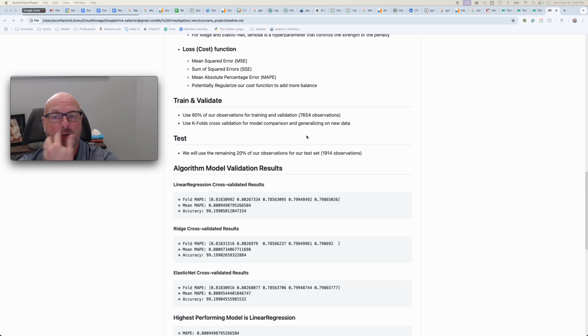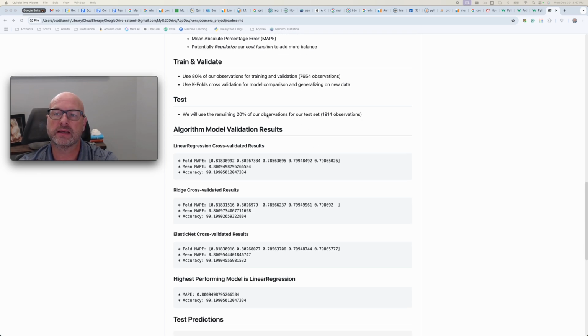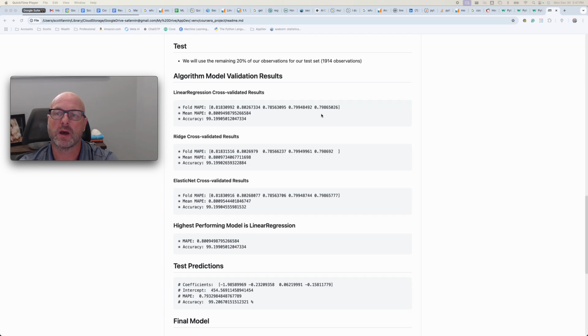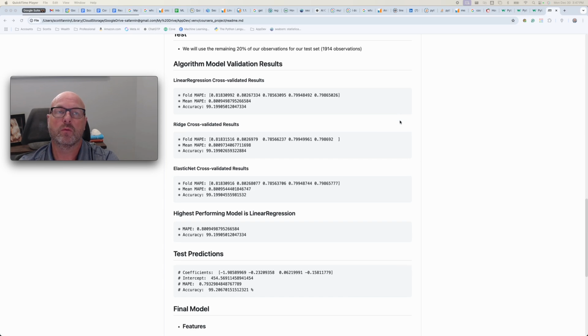And we'll take the remaining 20% of our test set and use that for testing once we figure out which model appears to be optimal. And so what I did was I wrote code in Python using SciKit, NumPy, and Pandas, and put all the models in there and ran, first of all, my cross-validation results on my